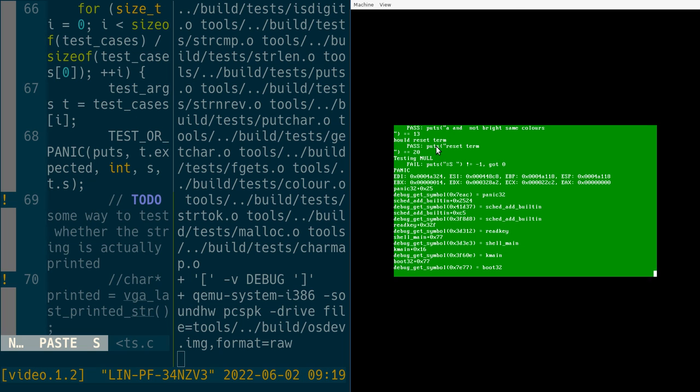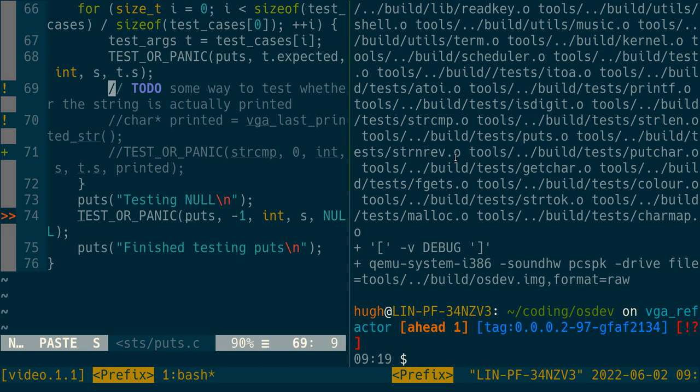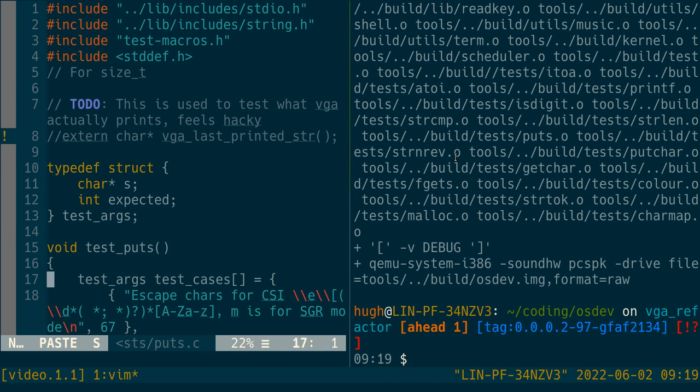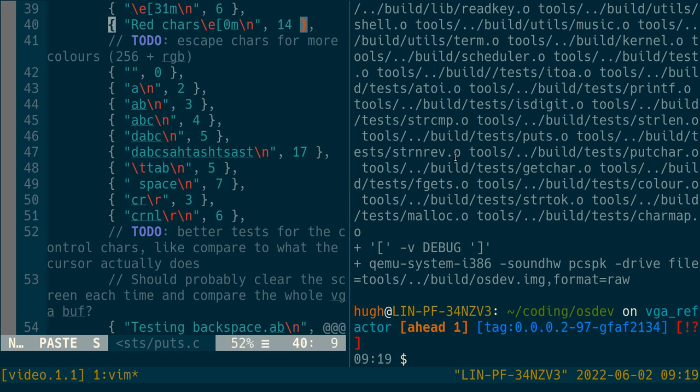So we're resetting term. It's annoying when you're in a panic, you can't actually scroll back. But yeah, how I would probably do that for release is